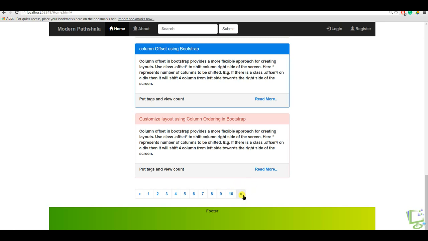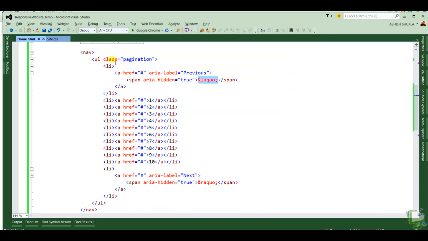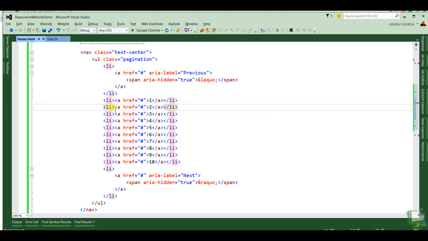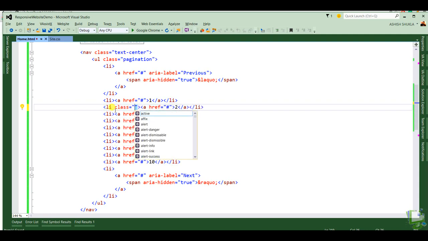Here we can see that this element is not in the center, so let's add a class to make it center. We can use the class text-center to make it in the middle of the page. Also we can provide a class active to highlight a particular page. Suppose I want to make page 2 the current page, then I can mention class active on this particular li element, and if I want to disable a particular page, then I can use class disabled on this element.